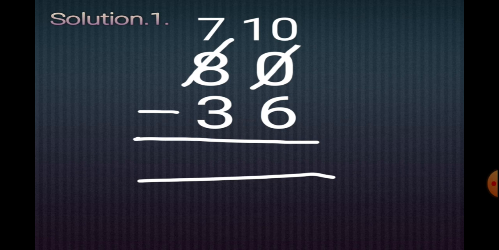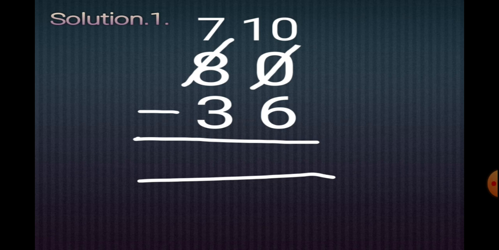But we can't subtract 6 from 0 in the ones place, as you see, because 6 is greater than 0. So we will take one borrow from the tens digit. When we take one borrow from 8, then 8 will become 7, and we know that 1 ten is equal to 10 ones. That 1 ten will become 10 ones, and this 0 ones also, 10 plus 0 is equal to 10.